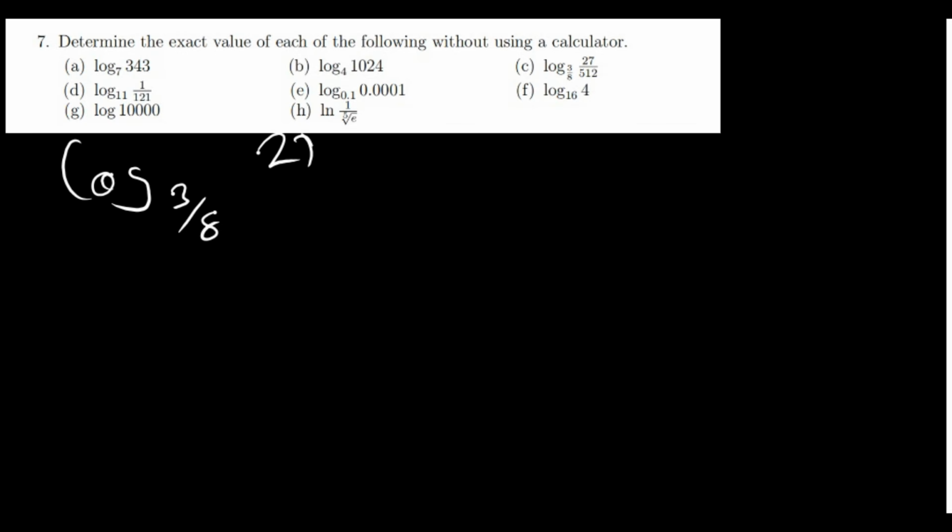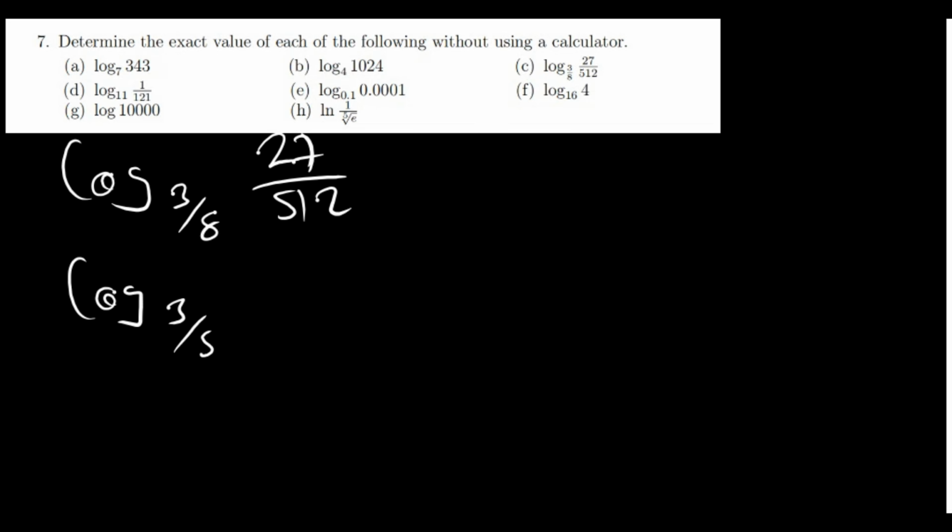Now let's go to part C. Part C is saying we have log base 3 over 8 of 27 over 512. If I want, I can equate it to x and then find the value of x. That is the exact value. But again, if I want, I can do it direct from here. I know that